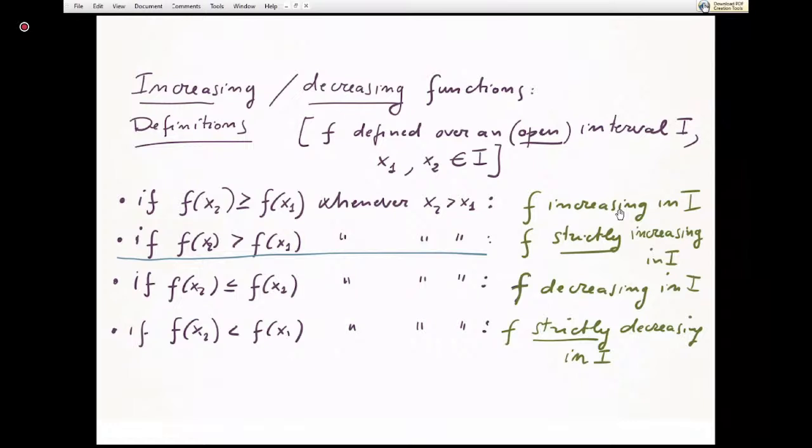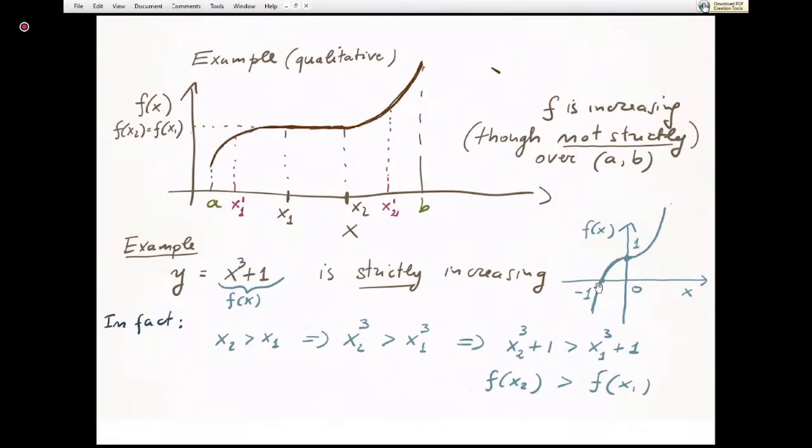For instance, in this case, for those who already know something about calculus, this is strictly increasing, but it happens that the derivative at zero is exactly equal to zero. So, not just positive, okay? It's positive, the slope is positive, but here the slope is flat. Anyway, we will come back to this example later. Okay, so,